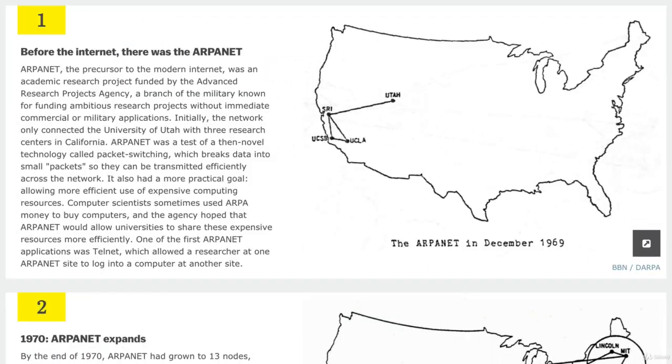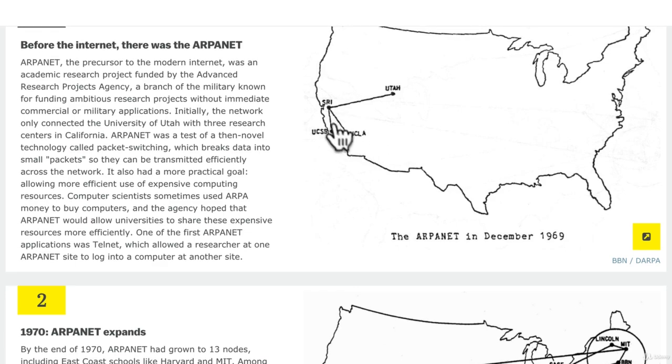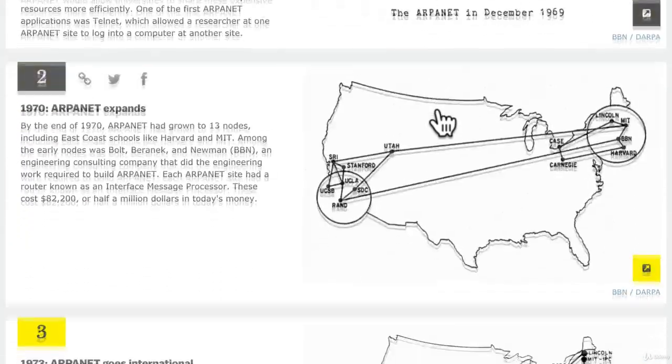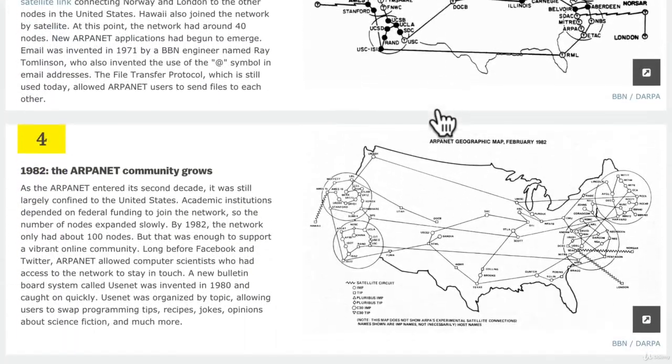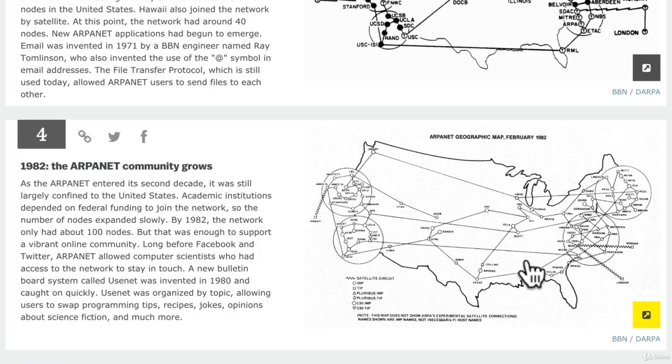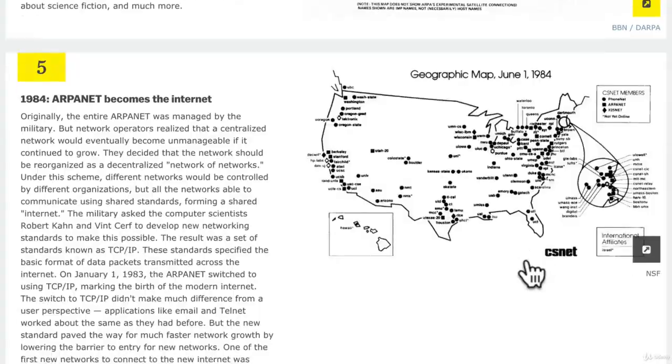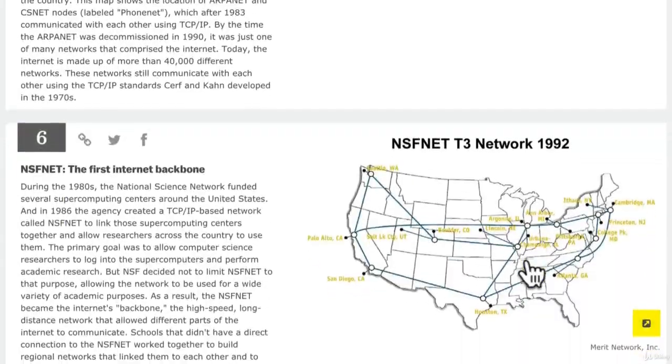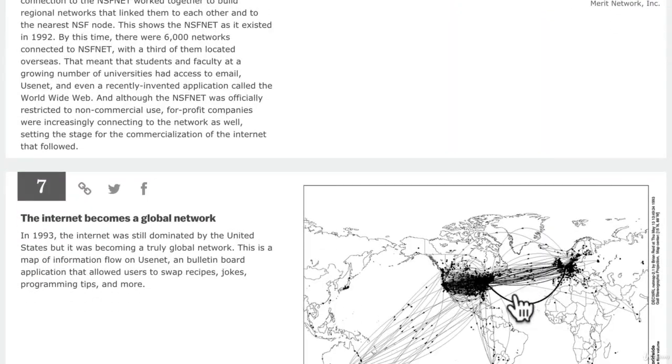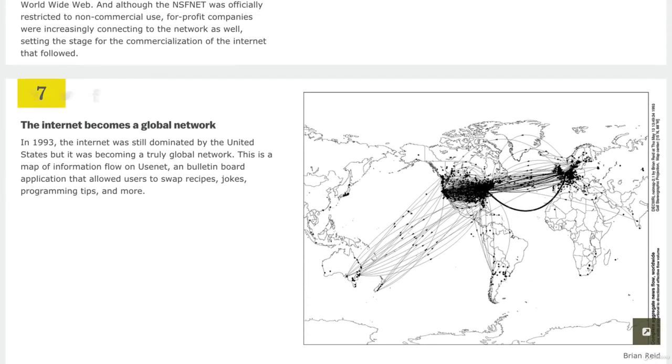But essentially, the internet started off with the ARPANET in 1969, basically a military project, and it was more of a test. It connected a few universities such as Utah and UCLA, and throughout the 70s and 80s, it kept growing. But there was one problem that they had, and that was essentially for the academics. They needed a way to share documents. And up until the World Wide Web existed, the internet was there, but it was really, really hard for computers to communicate with each other, to share academic papers between each other.